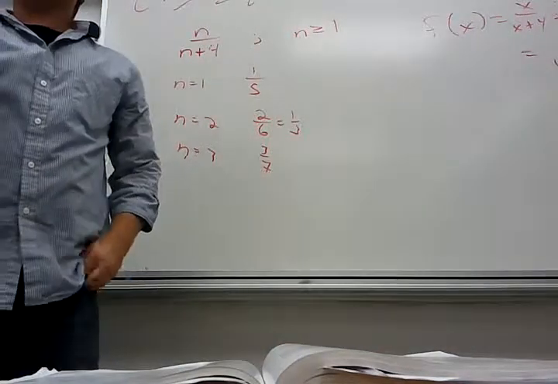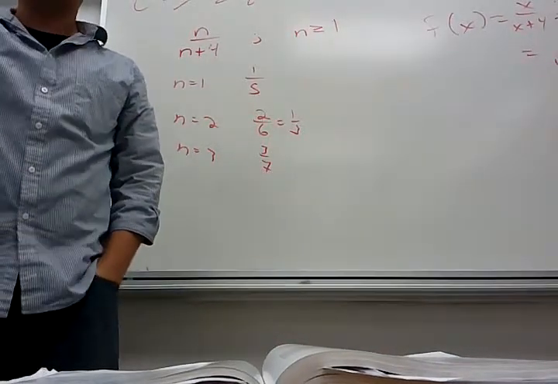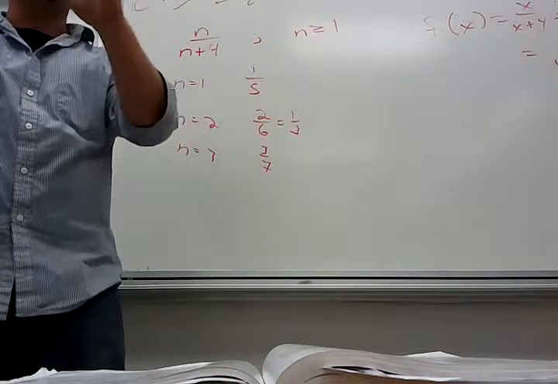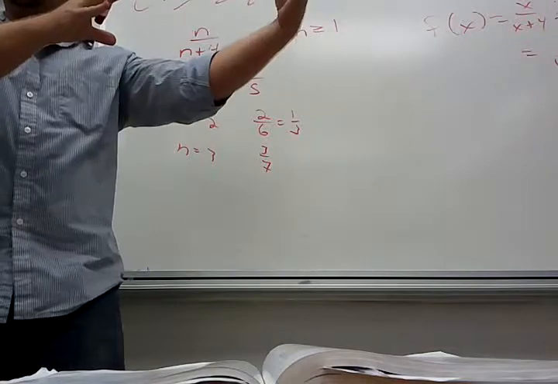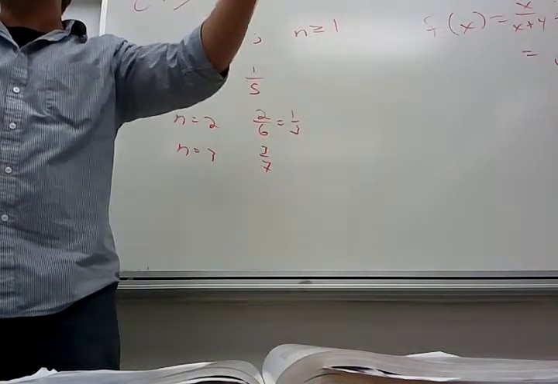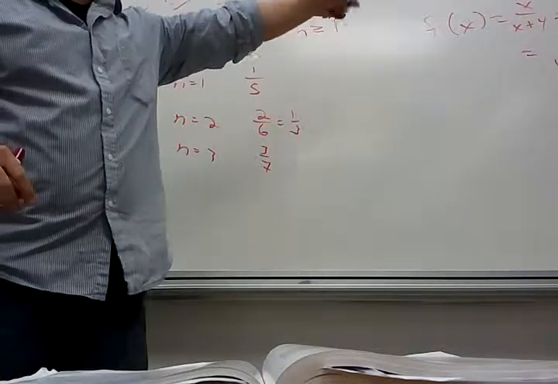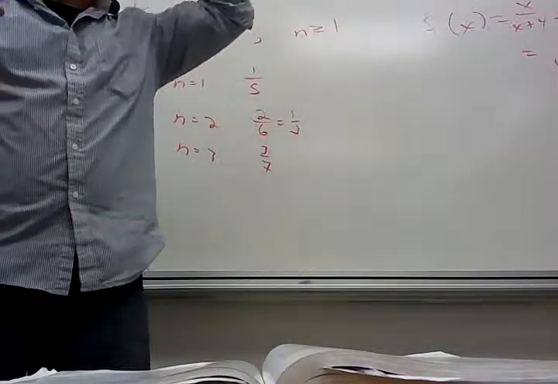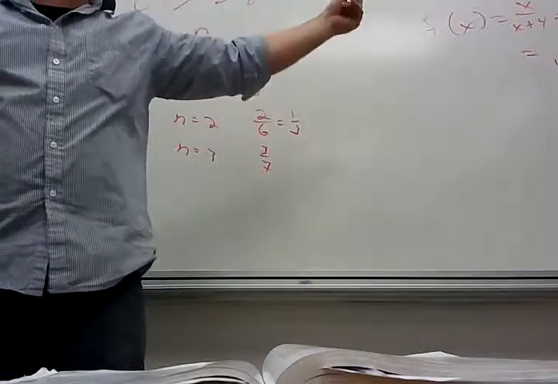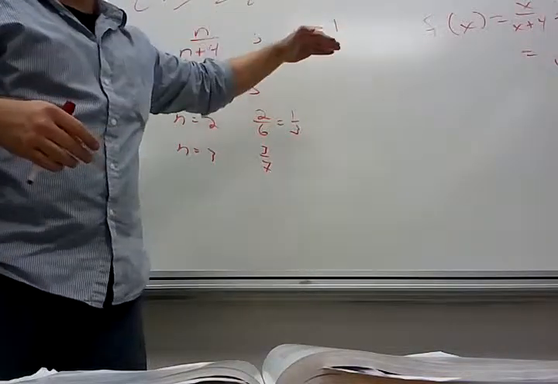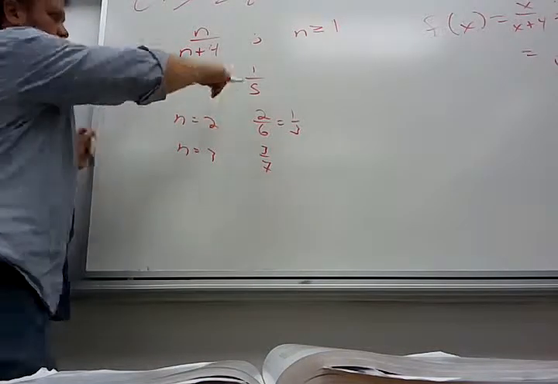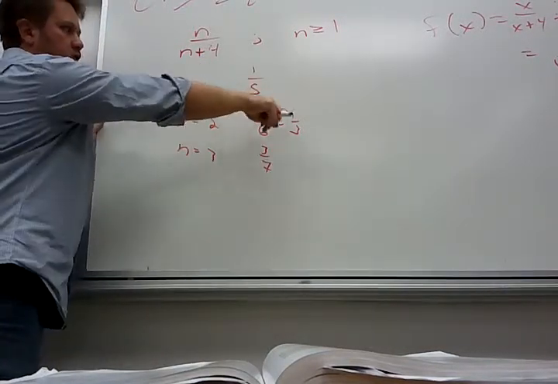So the whole idea of the three situations: the top power is larger, so it goes to infinity, or they're the same, so it goes to the ratio, or the bottom power is bigger, so of course it goes to 0, because the bottom gets bigger quicker, right? That's really an offshoot of doing that work. So I'd rather not do that work. I could just think about the three situations for that kind of thing. So if I have a polynomial over a polynomial, that's easy. No problem there at all. So if you kept writing these out, these should be approaching